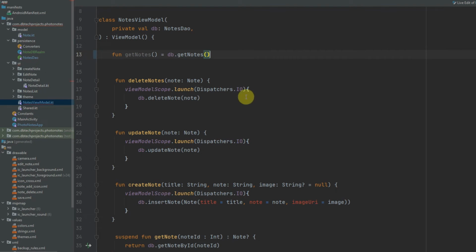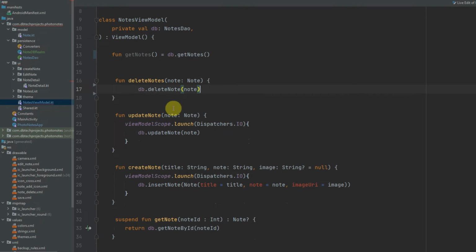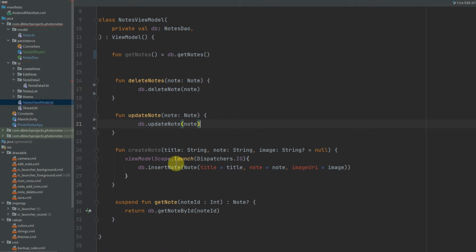So for the delete note function, we just remove this viewModelScope.launch and just simply call db.deleteNote. The same for the update function. For the create note, we also don't need it,